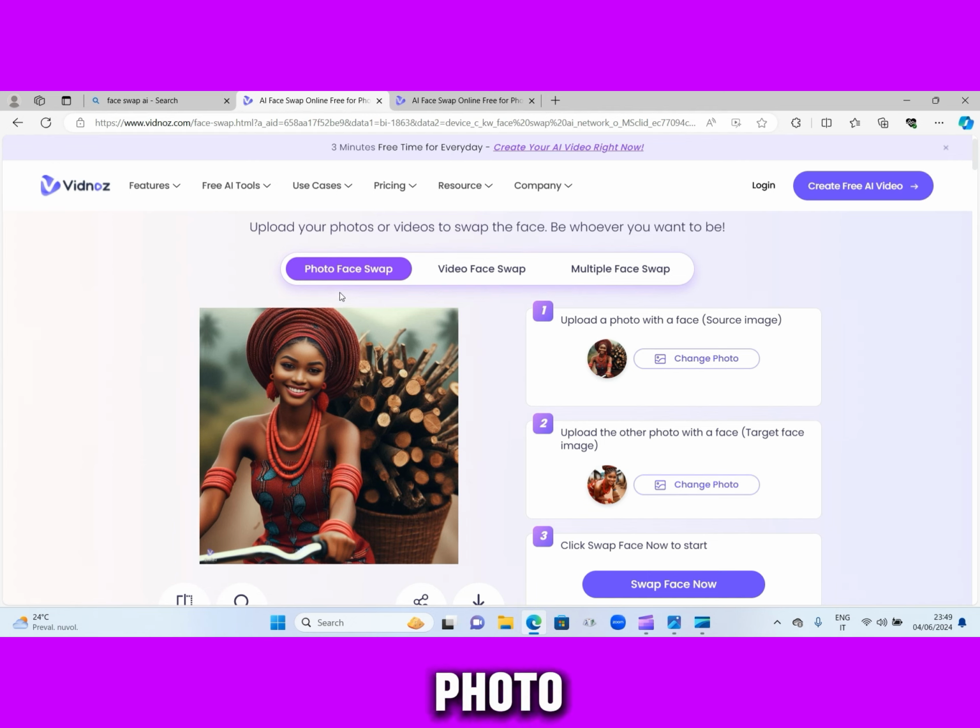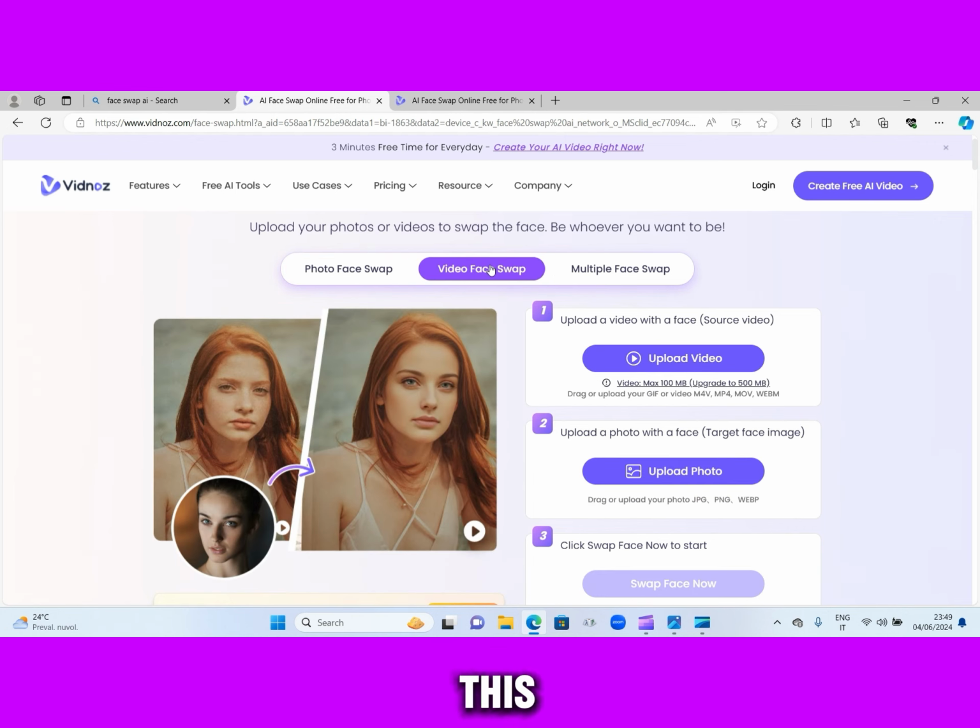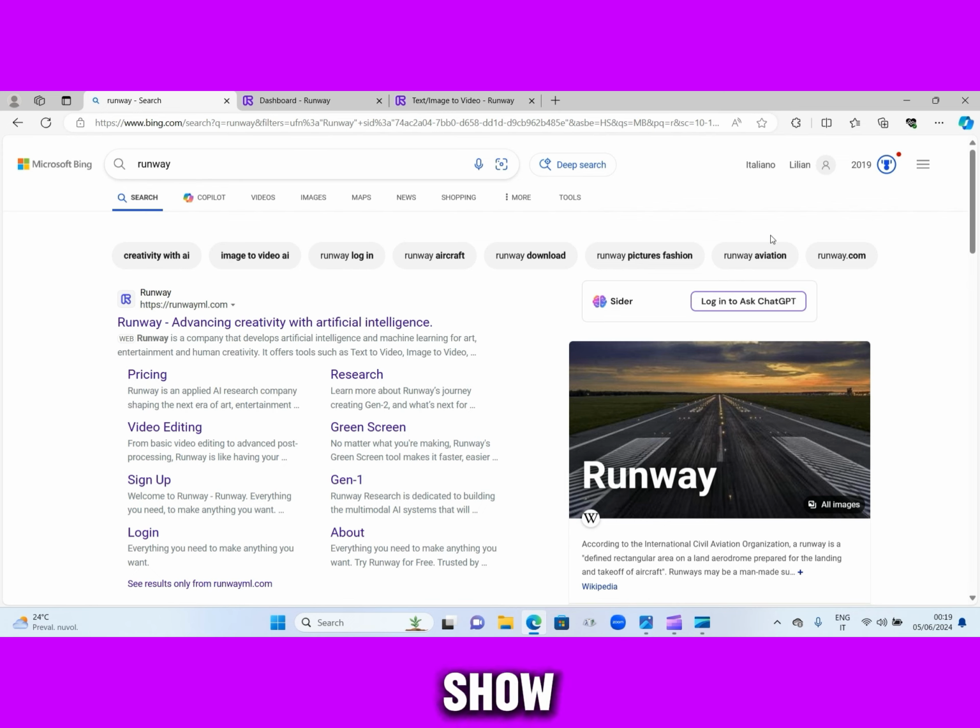It's not only photo swap you can do, guys. It's also possible to do video swap. As you can see here, multiple face swap. This AI website is one of my preferred among them for swapping of images and video and all of that. Okay, guys, with that done already, now let me show you how you can